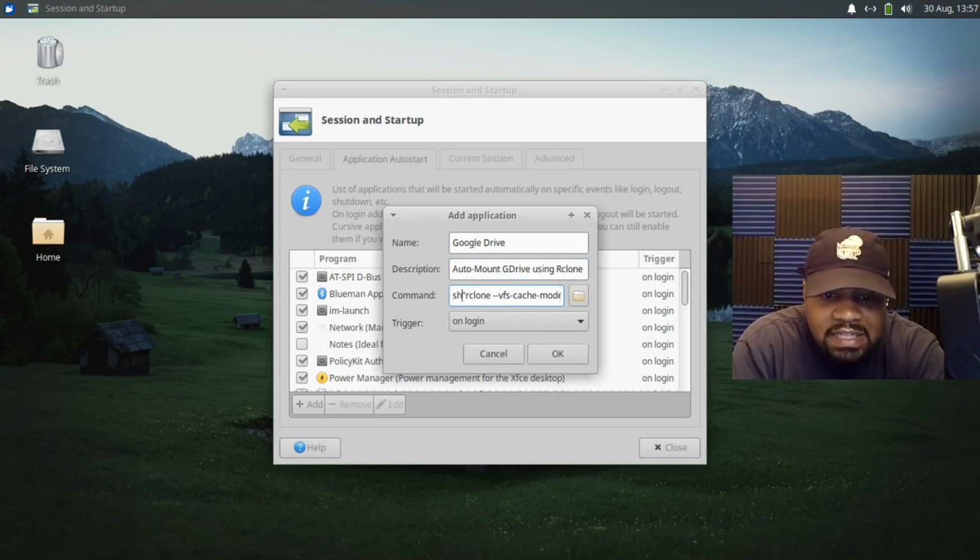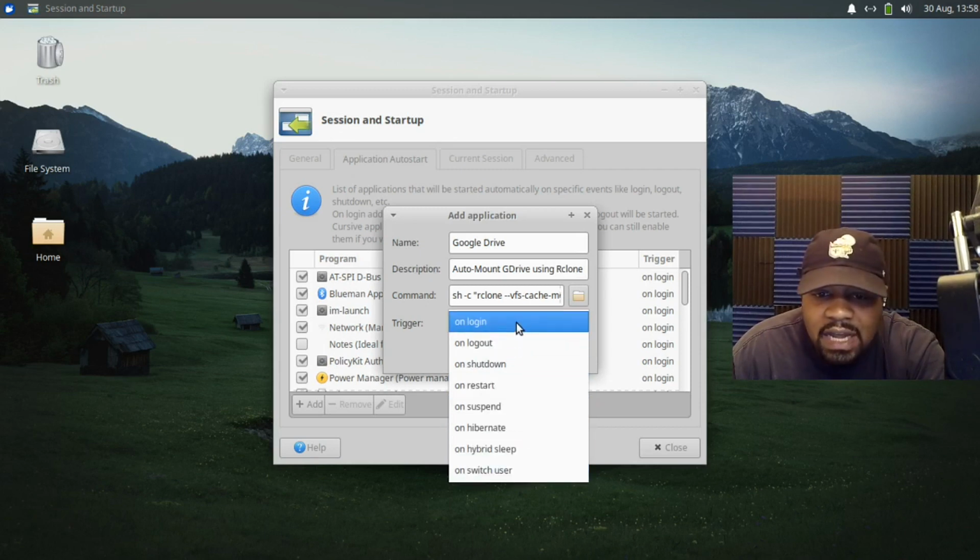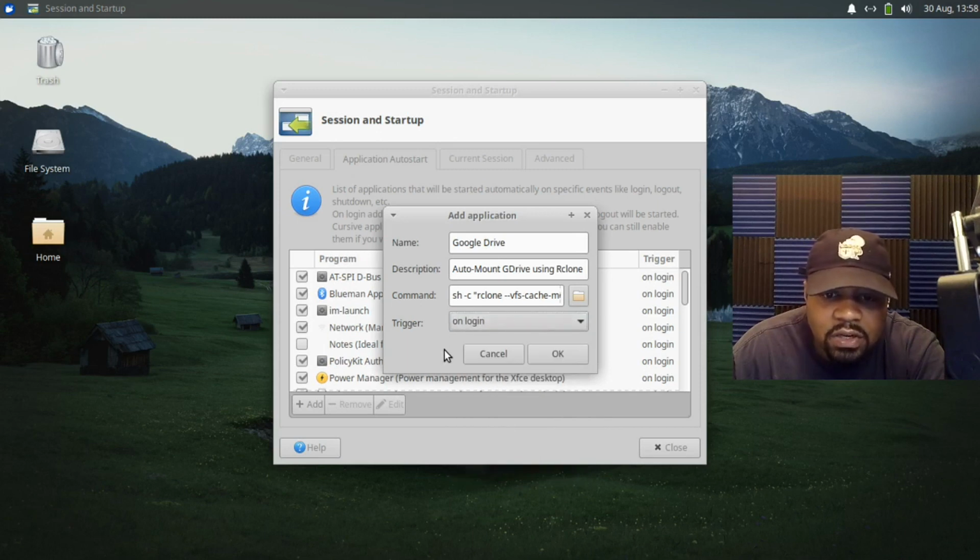You actually type sh -c space. And that'll allow it to auto mount based on the trigger that you set. And what I'm going to use is on log on. They have even on log out, which there's no reason to actually do that, but on shutdown, on restart, on suspend, hibernate, it's just different options. But on log in works the best because you want things to happen as soon as you log in